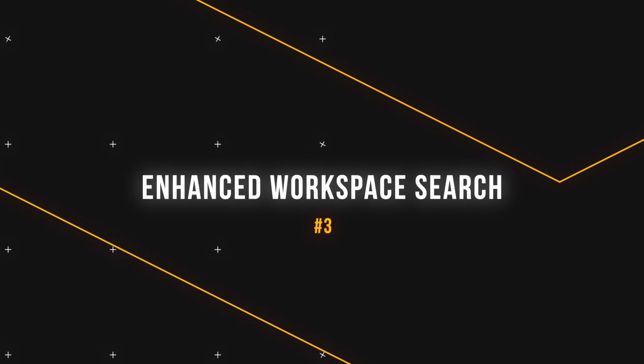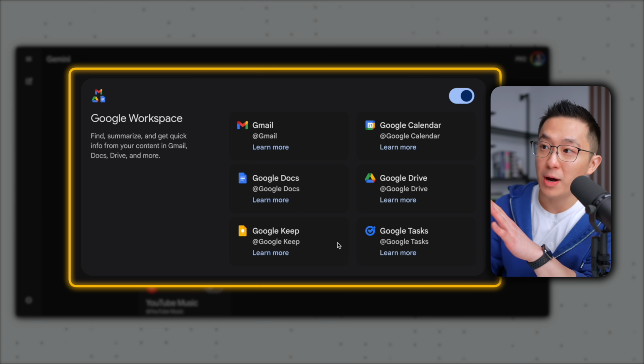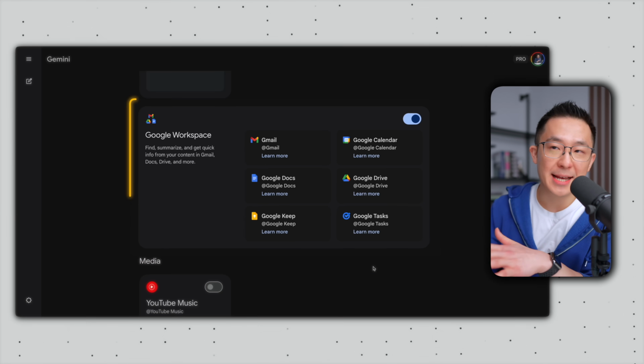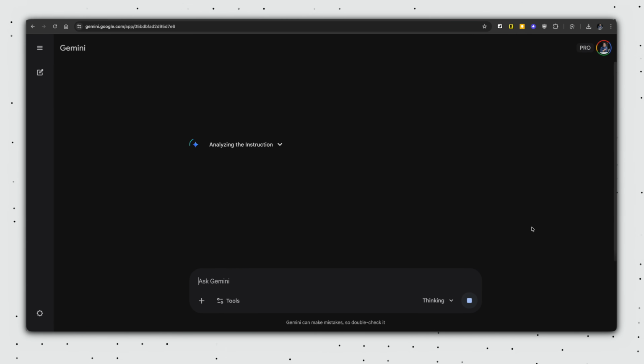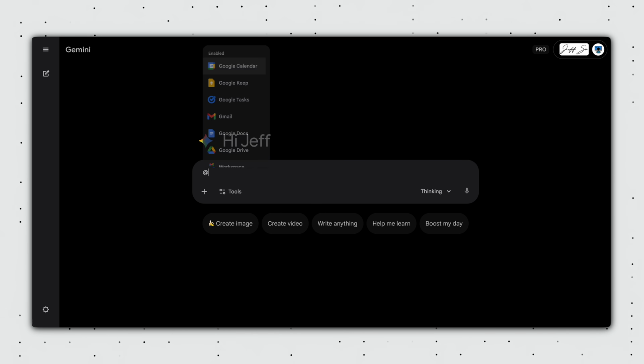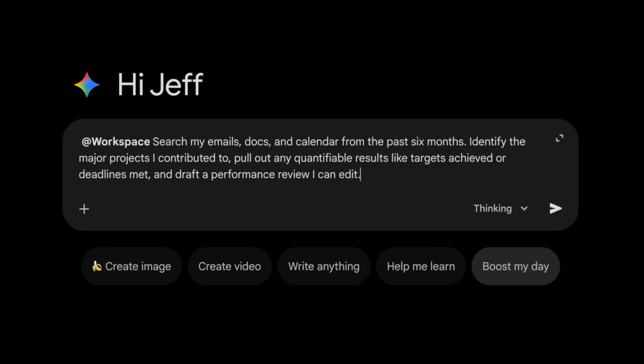On to update number 3, enhanced workspace search. To be clear, the ability for Gemini to search across your Google apps has been around for a while. But let's be honest, in the past, it was a hit or miss. Sometimes it worked, sometimes it hallucinated emails that never existed. With Gemini 3, that inconsistency is basically gone, and now the Workspace integration is reliable enough that I actually trust